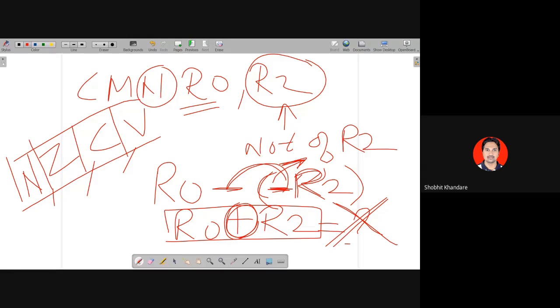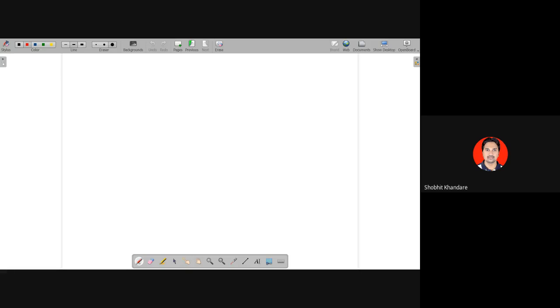So actually ये R0 plus R2 जो मैं कर रहा हूँ, I am not interested in the result, but I want to know the reflection of this result in N, Z, C or V, whichever is applicable. So always remember, CMN is compare negative, which adds, and CMP is compare, which is subtract. Okay, which is subtract. Any question you have in this? No, sir. Okay.